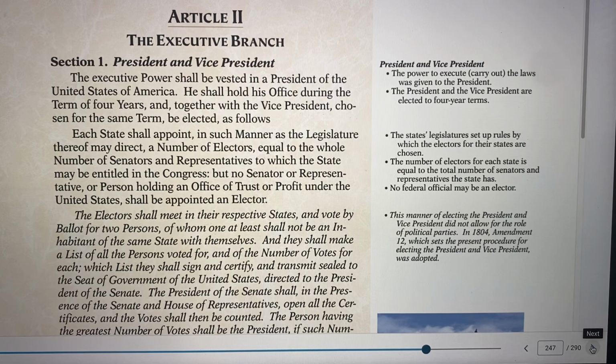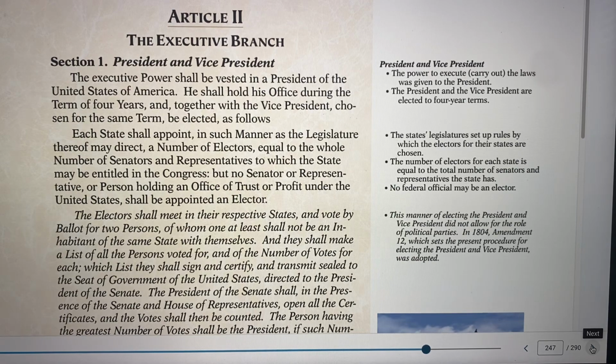The number of electors for each state is equal to the total number of senators and representatives of the state. So we're talking about the electoral college here. When running for president, they elect a president through the Electoral College, and the number of electors for each state has to do with how many senators and representatives the state has. So if a state has, say, 20 in the House of Representatives, and then it has 2 senators, of course, they add that together, and that's how many are in the Electoral